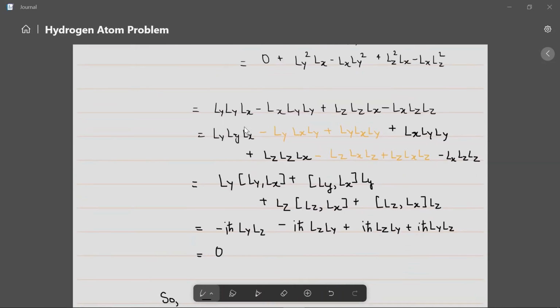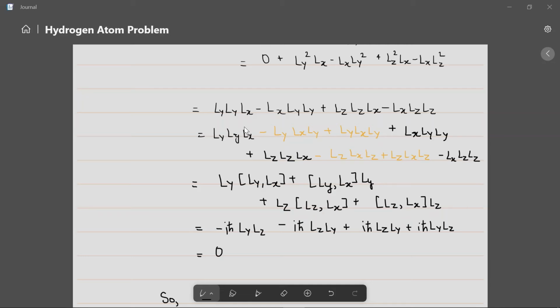Okay, why do you do that? So that you get a common Ly outside and you have a commutation of Ly Lx remaining inside, and here what you get is a commutation of Lz Lx and a common Lz outside. Okay, you can pause the video and give it a thought if this actually makes sense. Similarly for these two terms and for these two terms. Okay, so you have 4 groupings essentially.